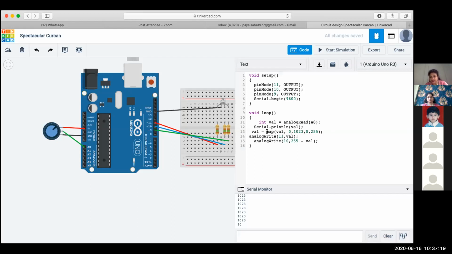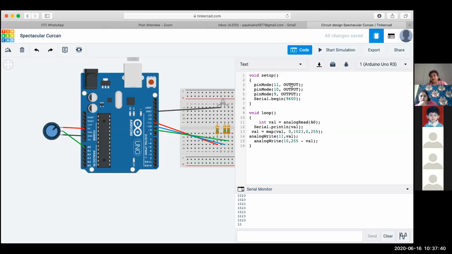From A0, we have mapped it into val. Then maybe what you are reading from analogRead A1, that can map into some val2. Maybe from A2, you can map it to some val3. And then analogWrite it into pin number 10 and 9.